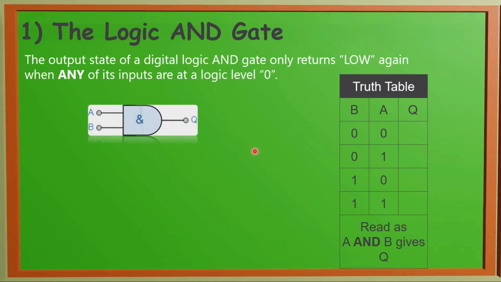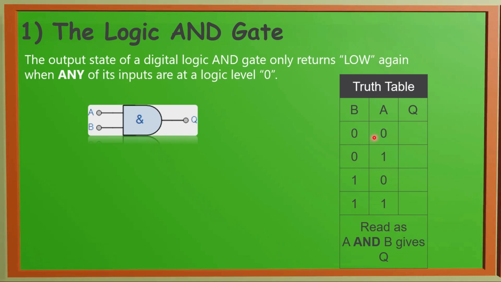Suppose this is the symbol of the AND gate. We'll have two inputs A and B, and Q is our output. The possible inputs are 0 0, 0 1, 1 0 or 1 1. We can give only digital input because we are talking about the digital logic AND gate. So for these two digital inputs, these are the four possible inputs we can give. The AND gate is designed in such a way that the output will be 1 only if both the inputs are 1. If any one input is 0, the output will go as 0.